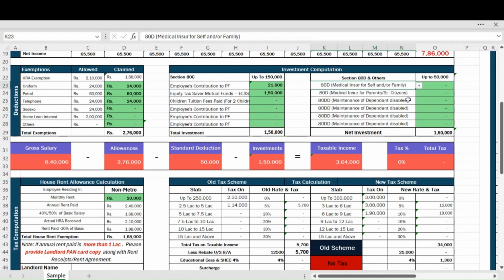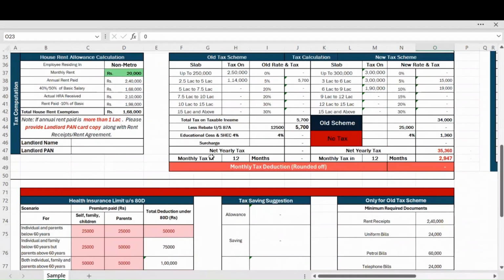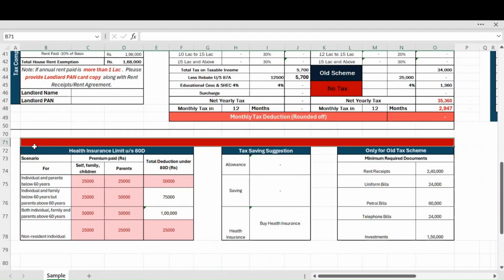मैरिड हो, अपनी फैमिली के लिए लेते हैं, तो वो इंश्योरेंस का प्रीमियम यू कैन क्लेम हियर एज ए ATD. इफ यू आर बिलो 60 ईयर ऑफ द एज देन यू कैन क्लेम अप टू द 25,000 रुपीज एंड दिस डिटेल इज मेंशन हियर. आप जब इस सेक्शन में जाओगे तो आपको यहाँ पे हेल्थ इंश्योरेंस के बारे में सारी जानकारी मिलेगी कि दिस इज द